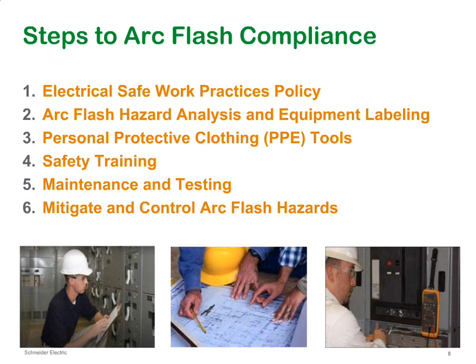And then the last step of this: we talked about mitigation and control of the arc flash hazard. In this step, what we're talking about is the fact that whatever we calculate on a piece of equipment and write on that equipment as a label, that level of energy may not be practical for the worker. For example, with a motor control center, where the worker has to perform troubleshooting actions on the motor starters, he has to work on it energized, because that's the only way he can troubleshoot. So it complies with the basic requirements that he is allowed to perform this troubleshooting with the equipment energized. When he approaches it, if this